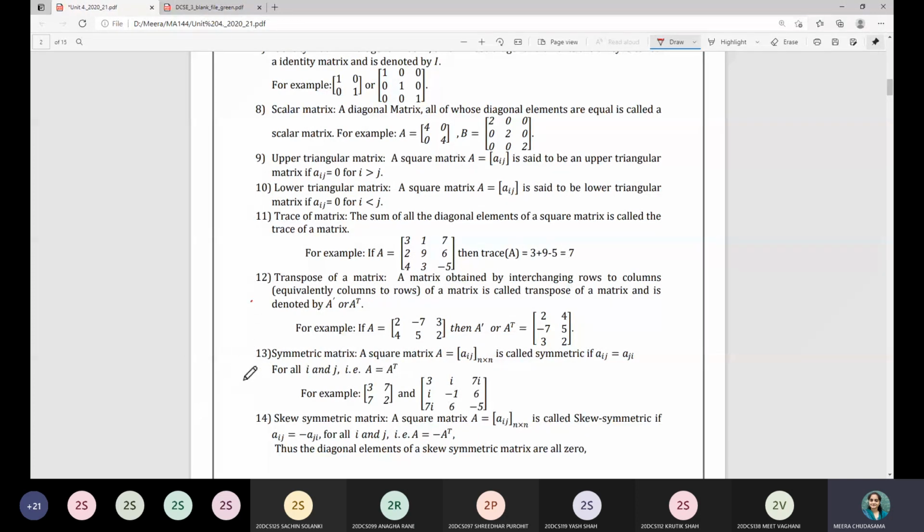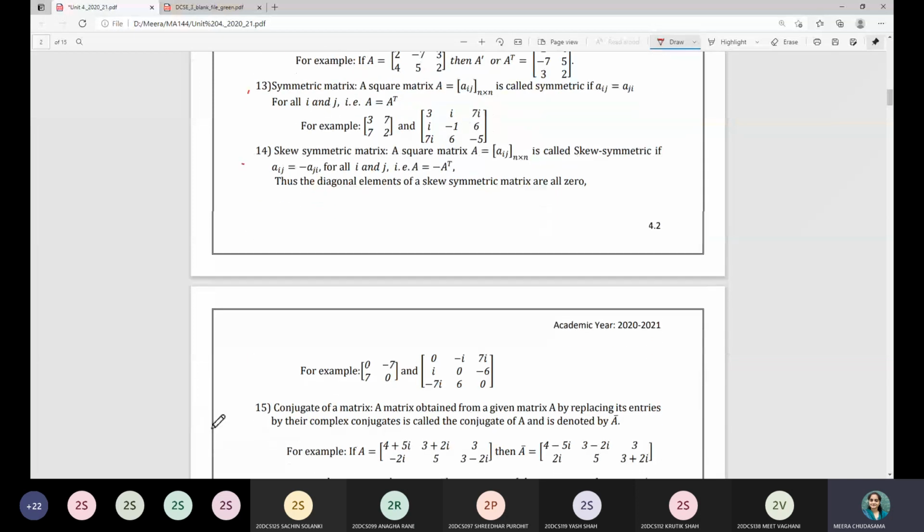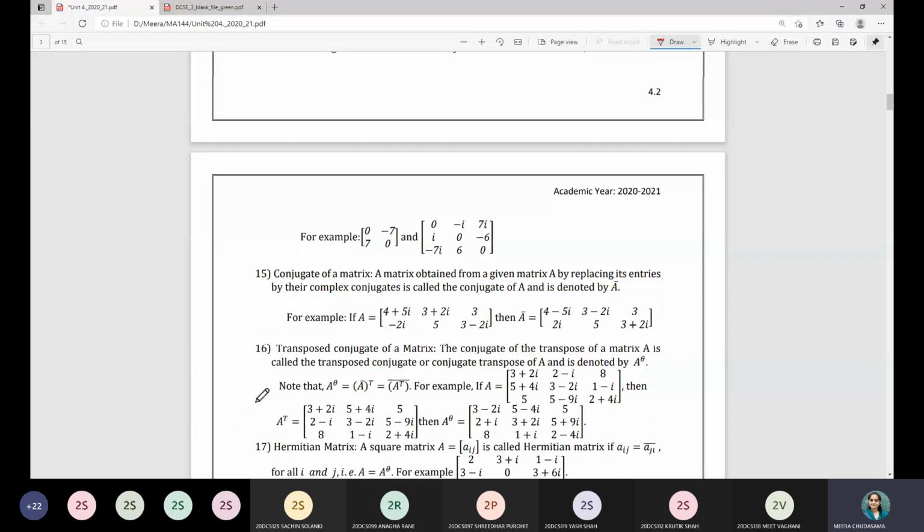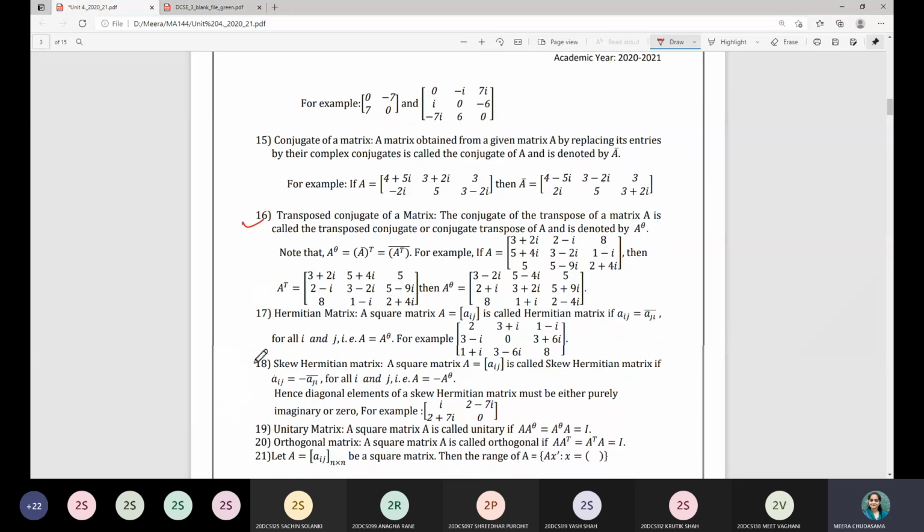Transpose of a matrix. When we consider transpose, there will be the notion of symmetric and skew symmetric matrix as well. And then we have considered the transpose conjugate of a matrix. So in that case, we'll have Hermitian and skew Hermitian matrices. So that is what we have seen in the last class, right? Two or three examples we have seen, in which you are asked to find out whether that matrix is Hermitian or not, whether it is skew Hermitian or not, right?